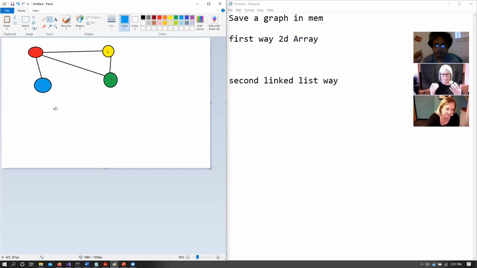Now, how would I represent this sort of data structure in my memory where I only have access to arrays, matrices, linked lists, right? So how would I represent these things such that I can figure out the solution to this coloring problem or a node traversal problem? Each row is a node, columns are edges.